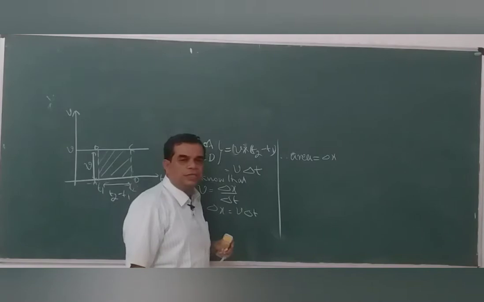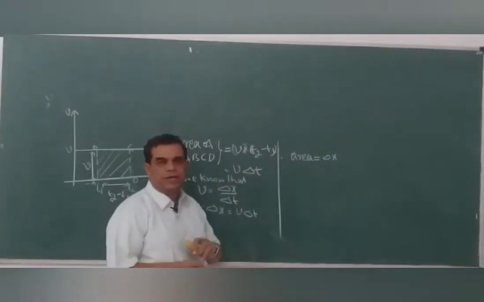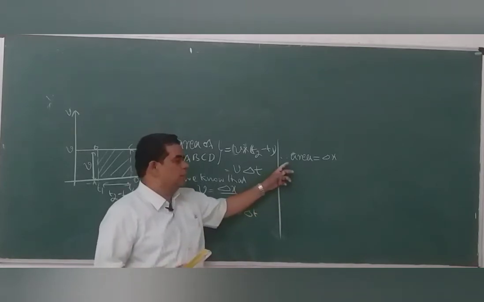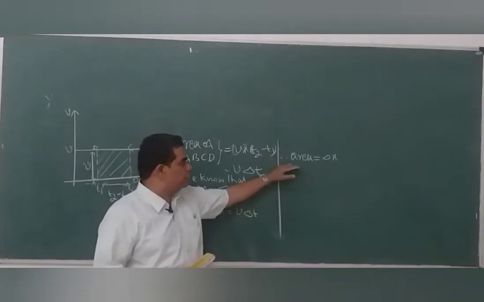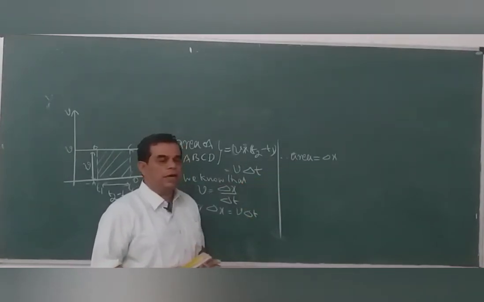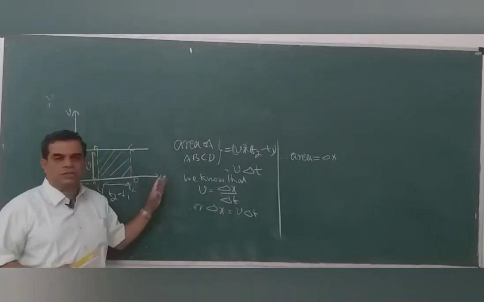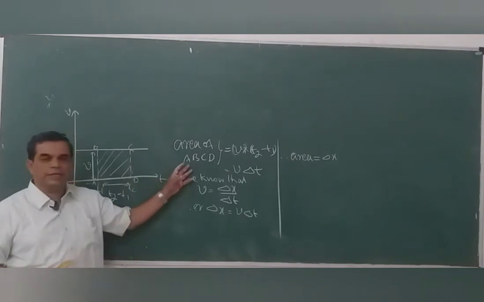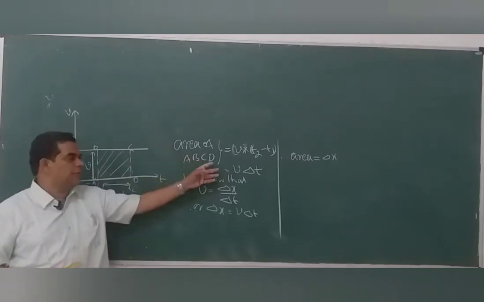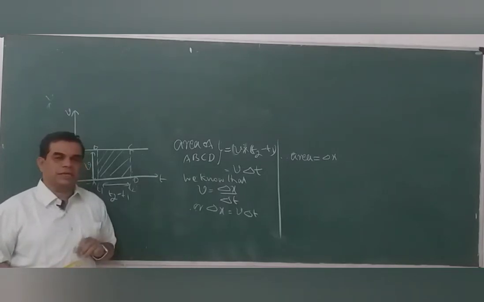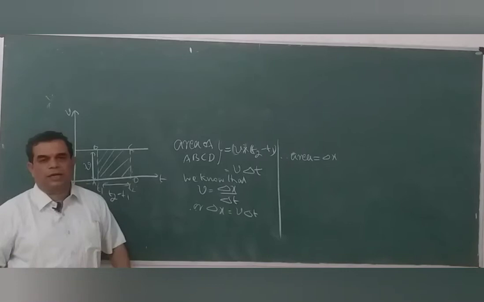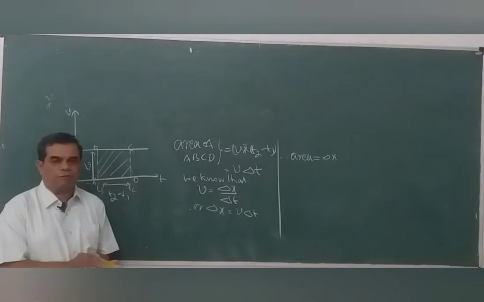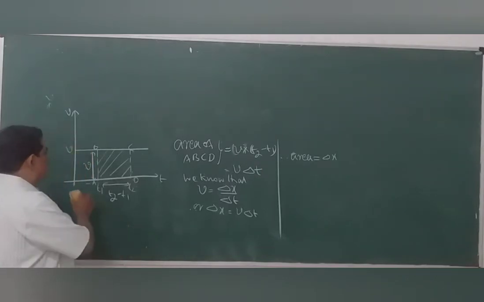There is another usage of the VT graph where we can calculate the displacement. If it is written as a speed time graph, we can calculate the distance traveled by using this type of graph. So area is displacement or distance traveled. These are the two uses of the VT graph. That is, first to find the acceleration, second to find the area, that is to find the distance or displacement. So these are the two things using which we need to learn now an important part of this chapter, what we call equations of motion. So we start with that idea. I hope all of you got this.